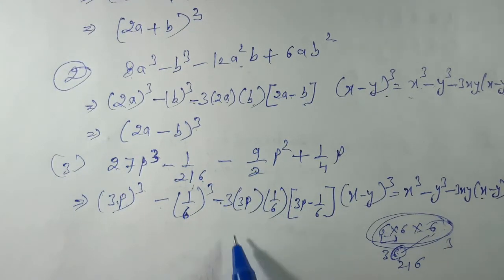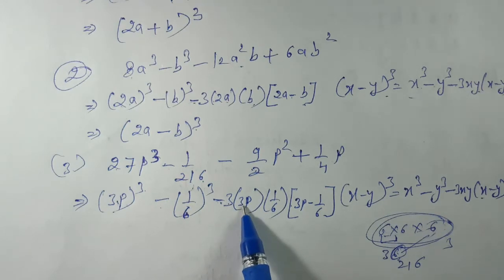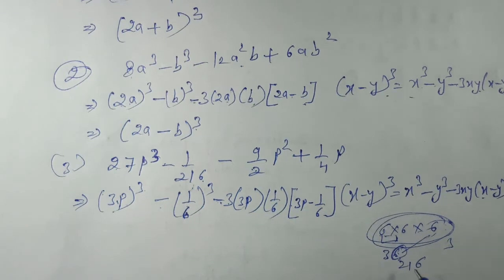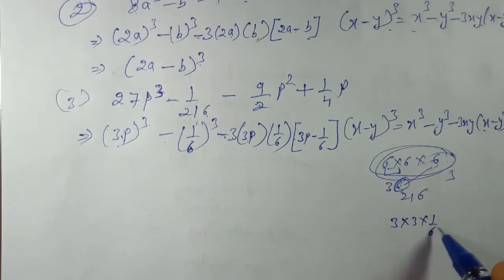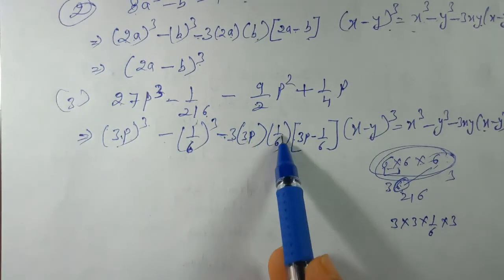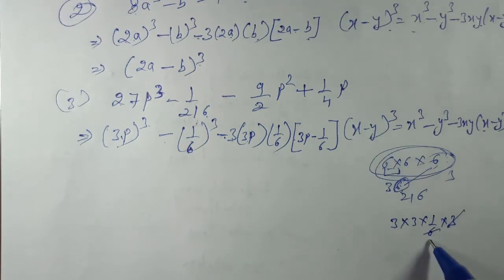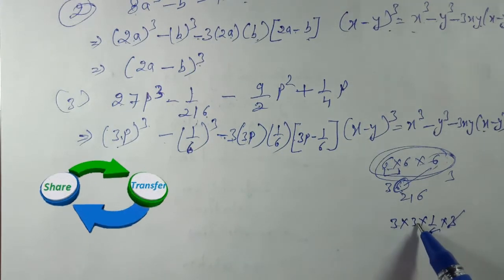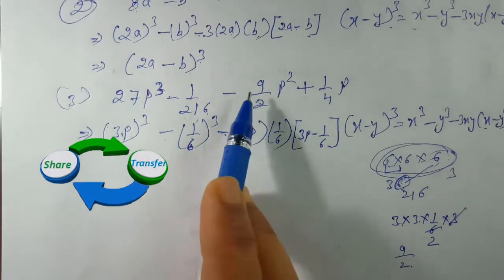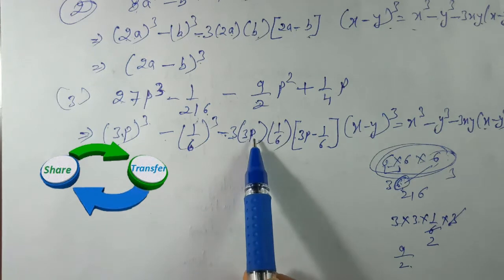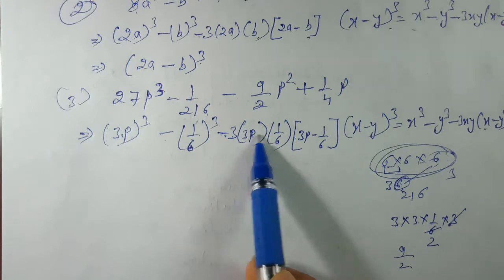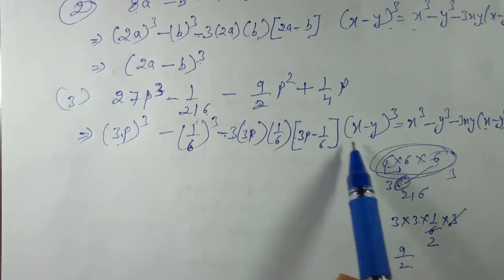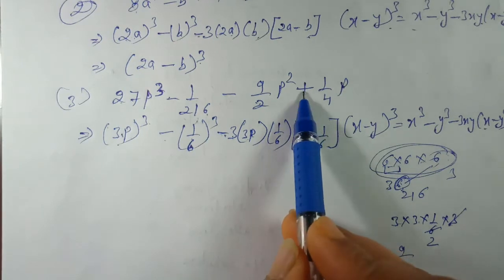Minus plus minus, 3 into 3, 3 3 9, 9 into 3. Let us do some rough work over here. We are multiplying the number 3 into 3 into 1 upon 6 into 3. With 1 3 we can cancel this, so we are getting 3 3 9, and at the denominator 2. It means the number we are getting is 9 upon 2, which is correct. Come to the variable 1p and 1p, p into p. When variables are multiplied, their powers are added, so it will be changed into p square, so it is correct. Come to the last one, minus minus plus, it is plus.